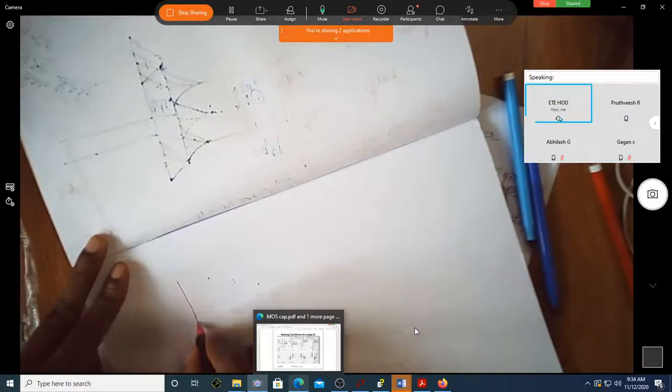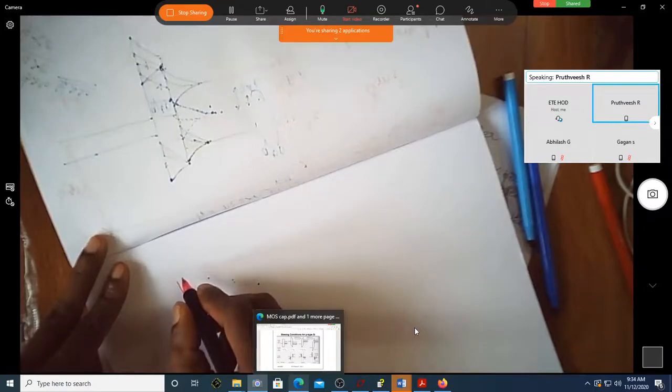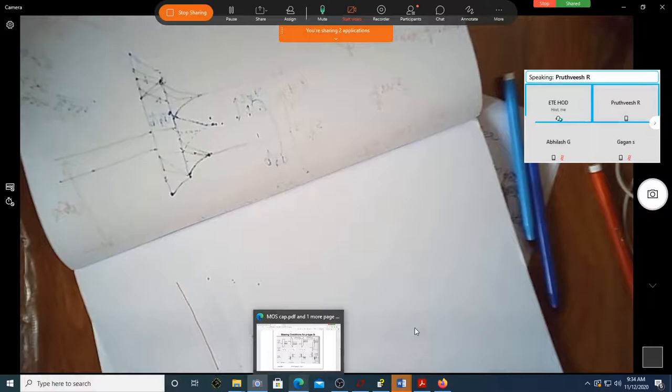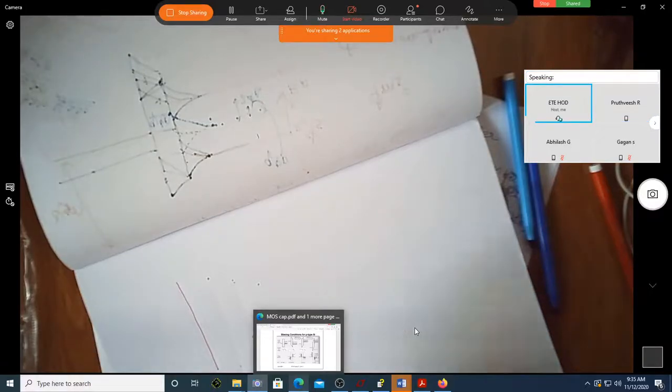Only the inversion region is useful, no, sir? Then only your channel will get formed. But we cannot say it is only that region that is useful. Suppose you want to turn off, you need to take out the electrons. Then you need to make the gate voltage lesser than threshold. It's not that the transistor is always on, you may have to make it off also. In such case, we have to make VG negative or 0 or less than VTH.